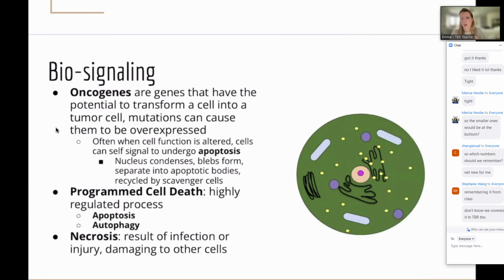And some of the auto regulation programs are not going to go. And so then it will turn back on itself, induce apoptosis and lyse itself, going through programmatic cell death. However, obviously, sometimes these genes are a little bit more sneaky. When they are overexpressed, they can just keep being expressed, get by all of these different checks and balances. And then that grows into a tumor, which could or could not be cancerous.